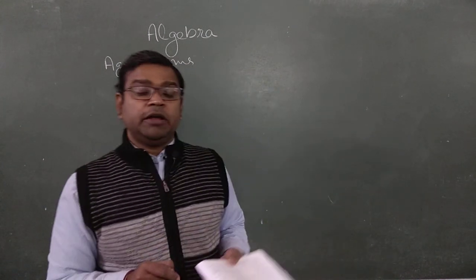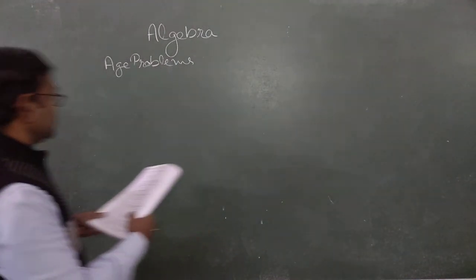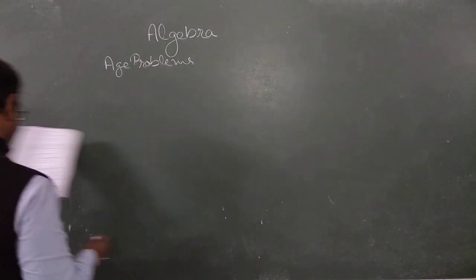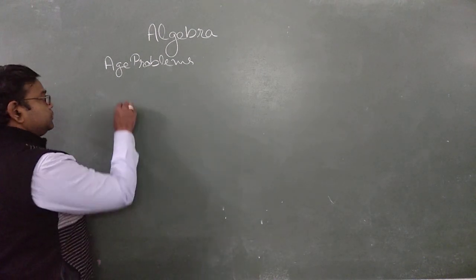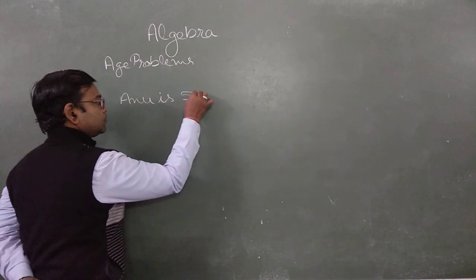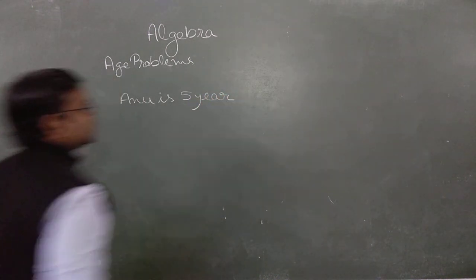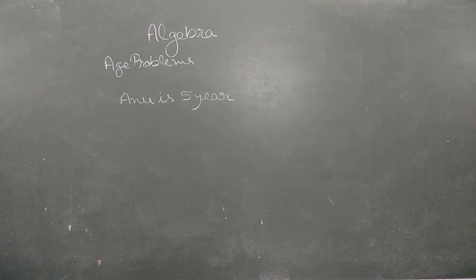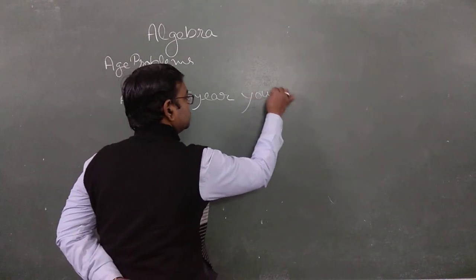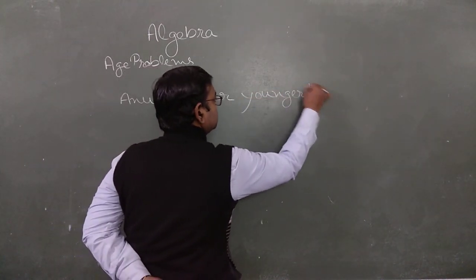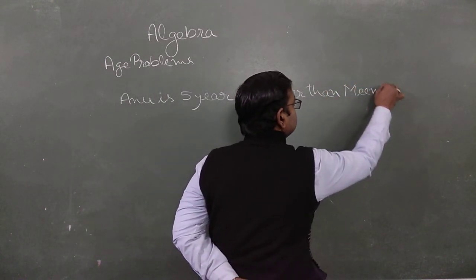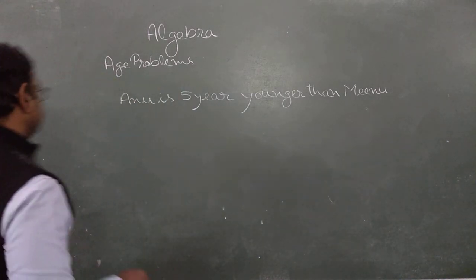Yes, we can write it, but we have to write down some statements. So I am solving here. You need not write this in the solution. First, write down the condition part. Hope you can easily understand. Writing is quite visible. Anu is 5 years younger than Minu. Clear? This is your condition part. It's given that